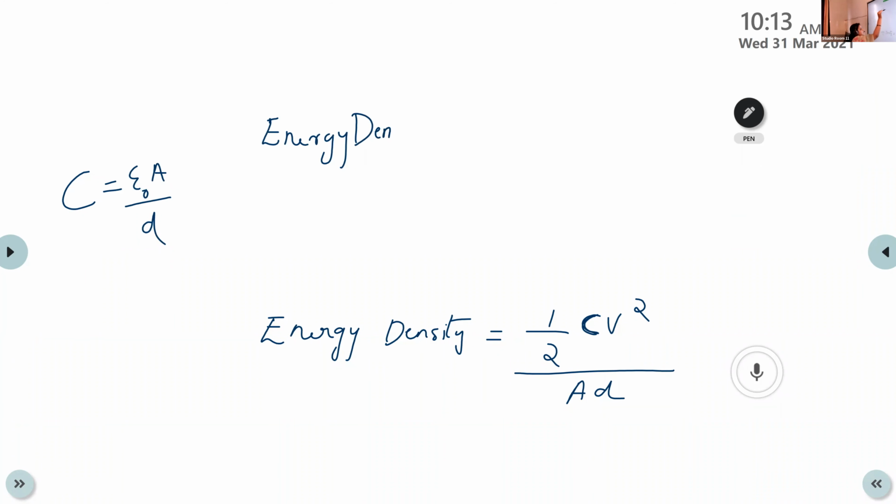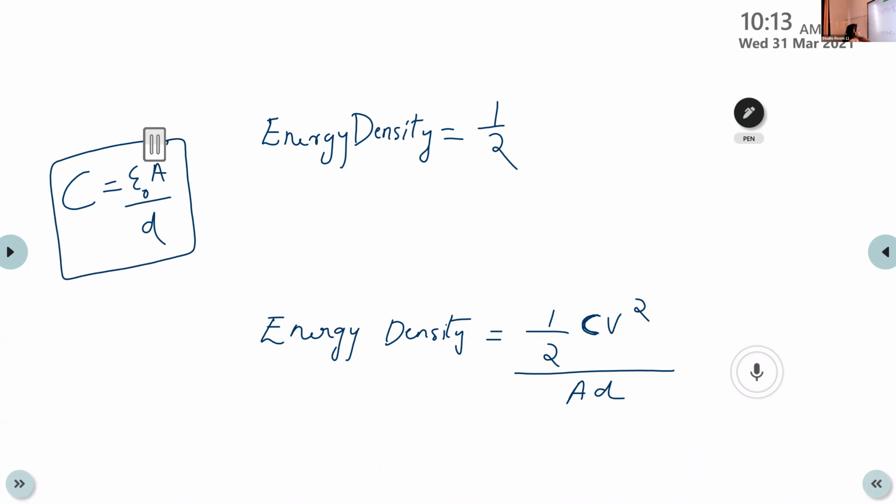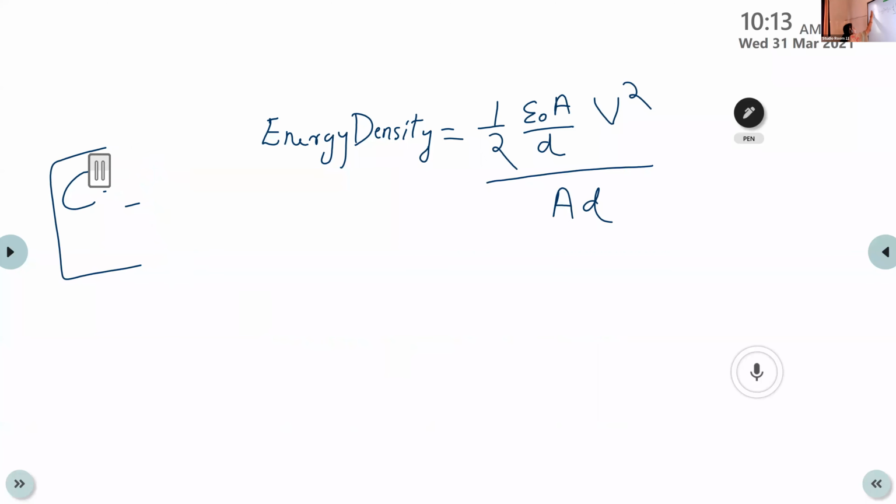Energy density is equal to half. Instead of C, we can write the substitution for the capacitance of a parallel plate capacitor, that is epsilon 0 A divided by D, into V square, divided by AD. And here this D is actually in the denominator. Therefore, energy density is equal to